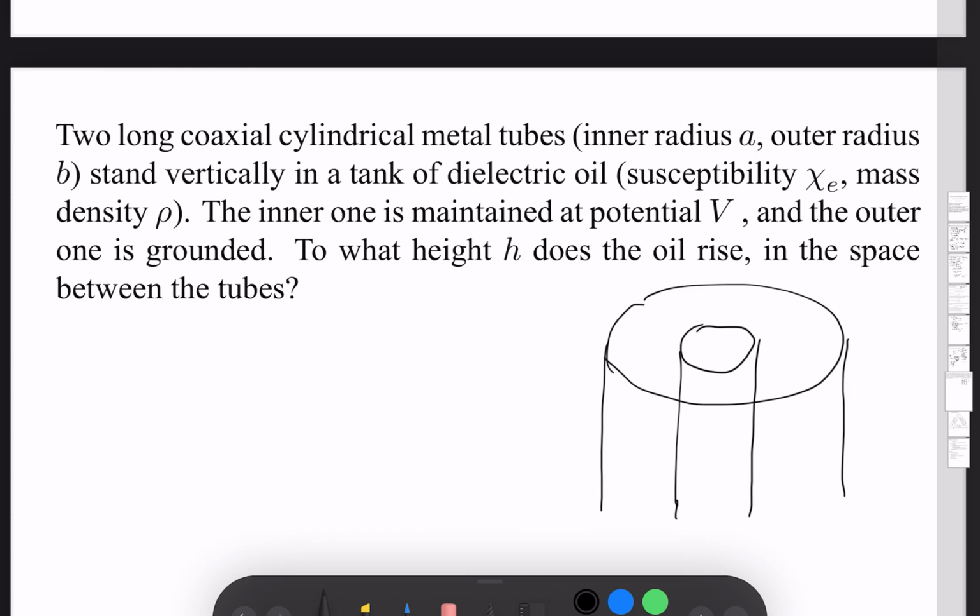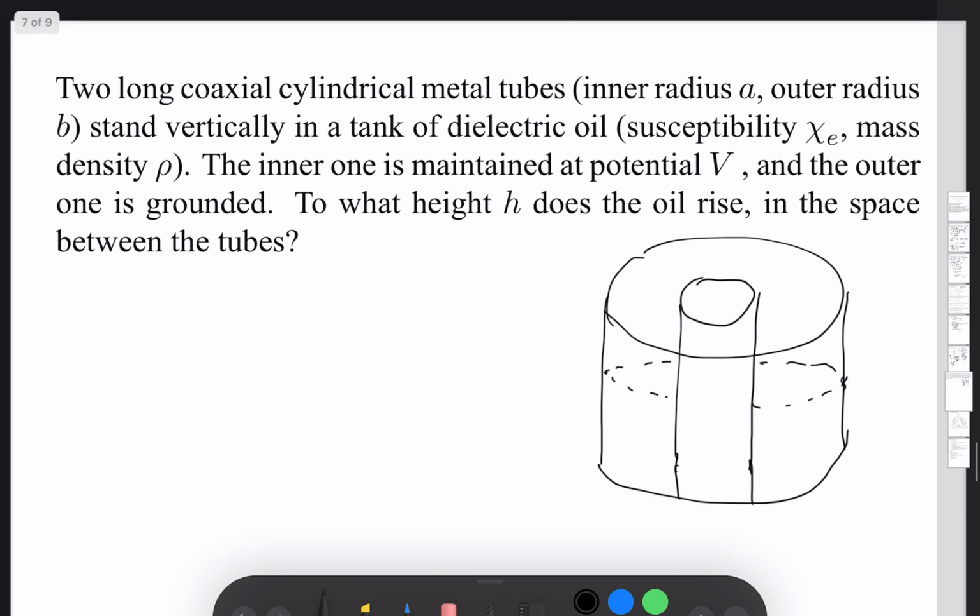You can think of this as still a capacitor. And the nice thing about this problem is that, if you apply a potential, say this outside is grounded, but you apply some potential to one side,